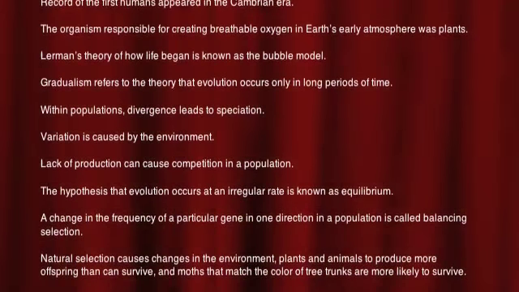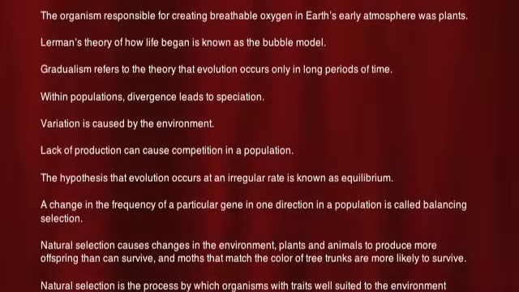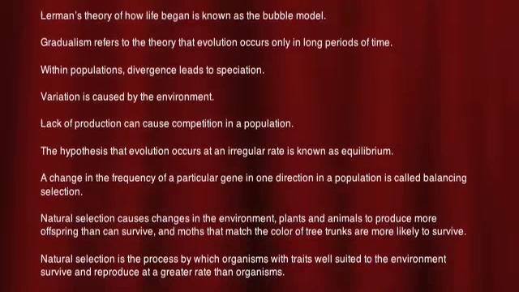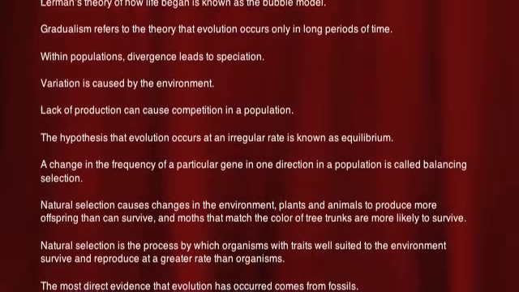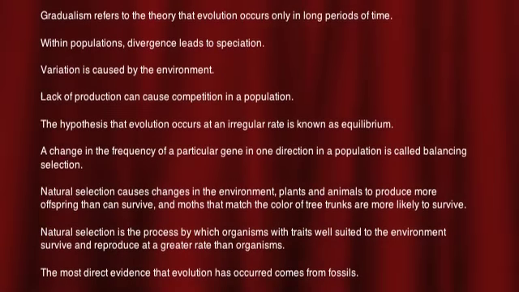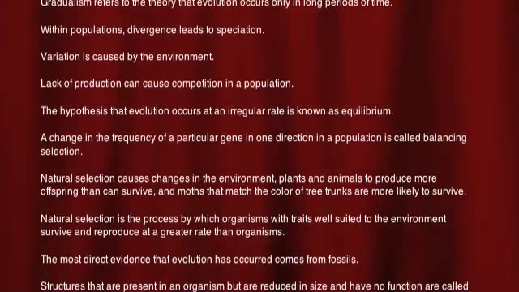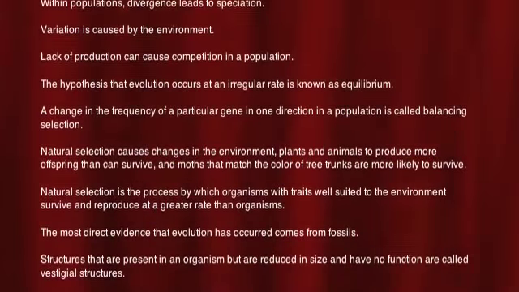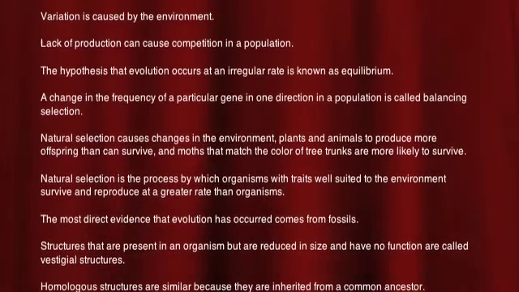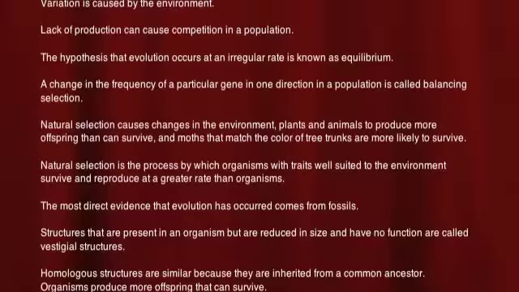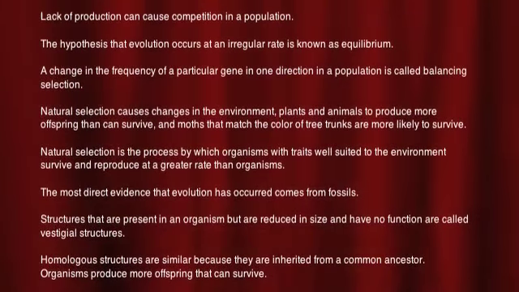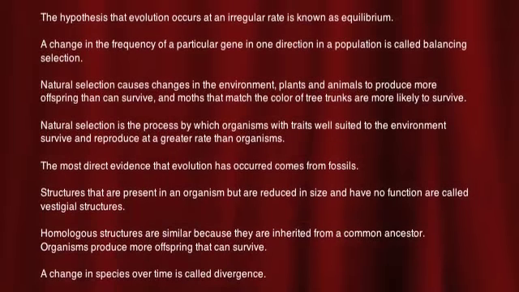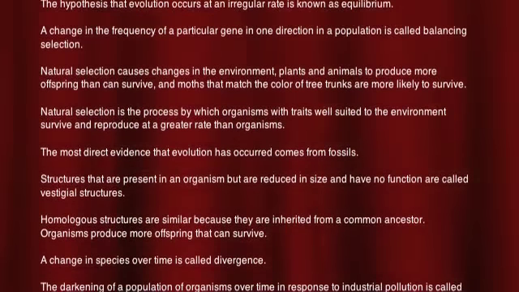Within populations, divergence leads to speciation. Variation is caused by the environment. Lack of resources can cause competition in a population. The hypothesis that evolution occurs at an irregular rate is known as equilibrium. A change in the frequency of a particular gene in one direction in a population is called balancing selection. Natural selection causes changes in the environment, plants and animals to produce more offspring than can survive, and moths that